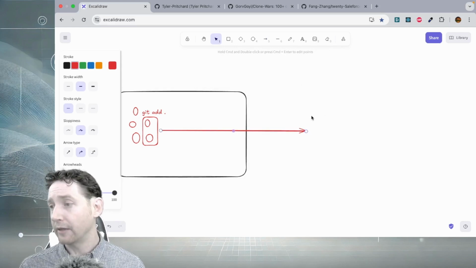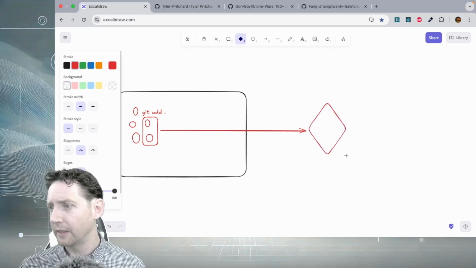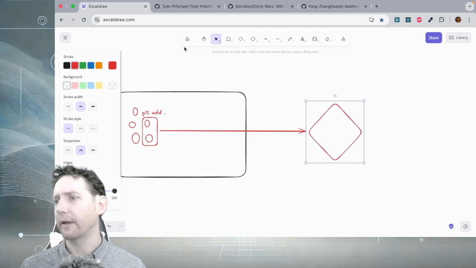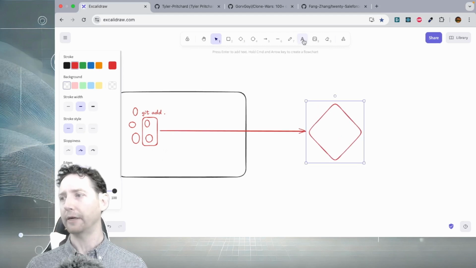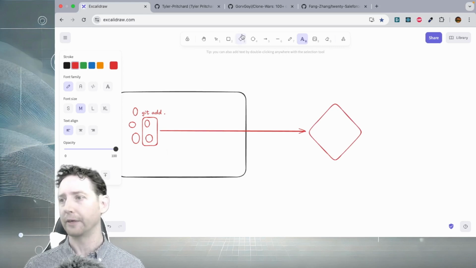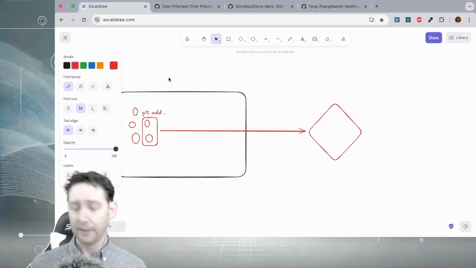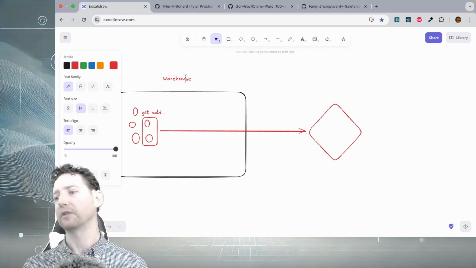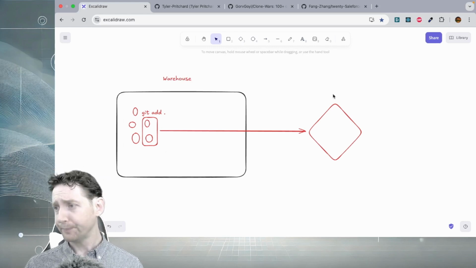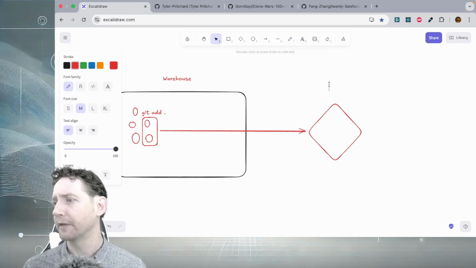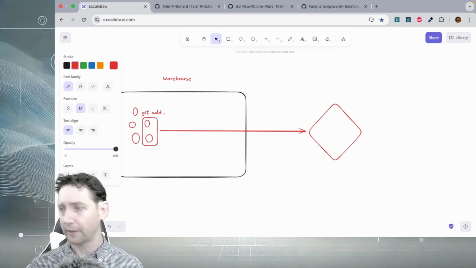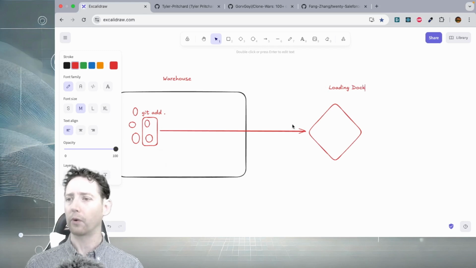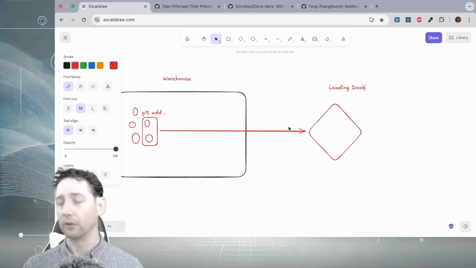And another analogy that I like to use is thinking about it kind of like a warehouse. A warehouse has many items in it, but we're only ordering some of them at any given time. So if that's the case, this is going to be our warehouse that represents our computer. And this over here, where we collect all of our files, we could kind of think of as a loading dock. And so we're going to save the game at the loading dock, basically.